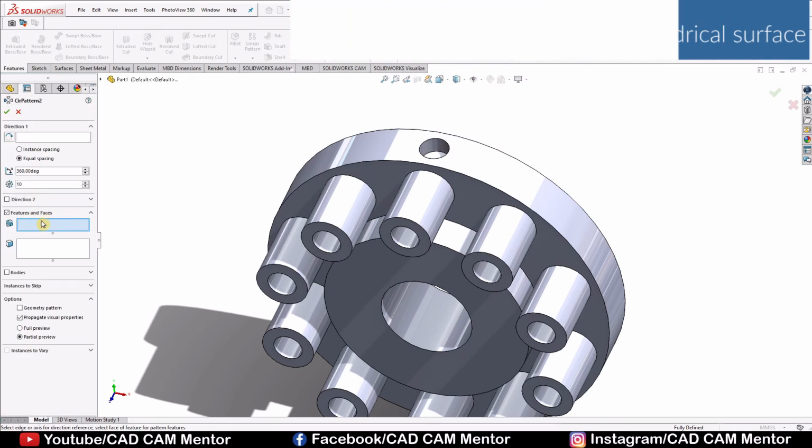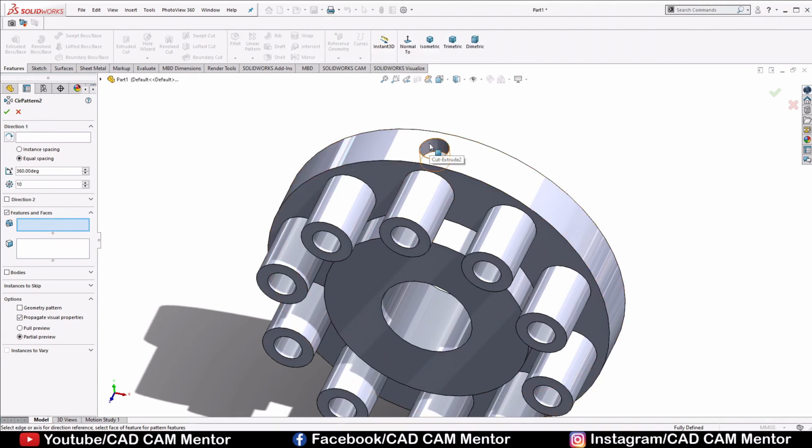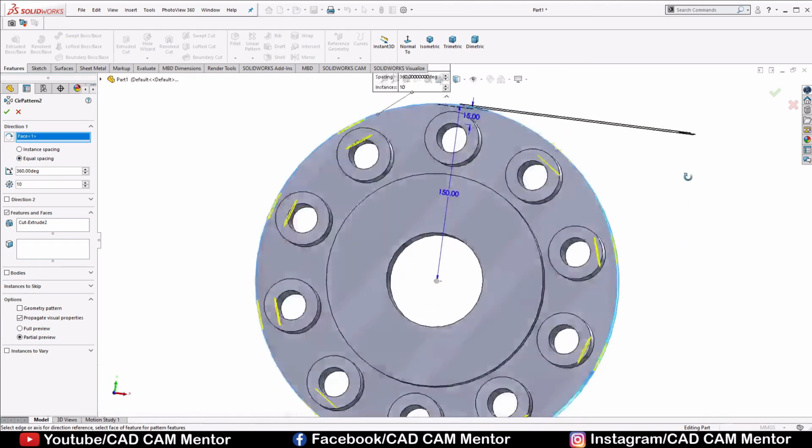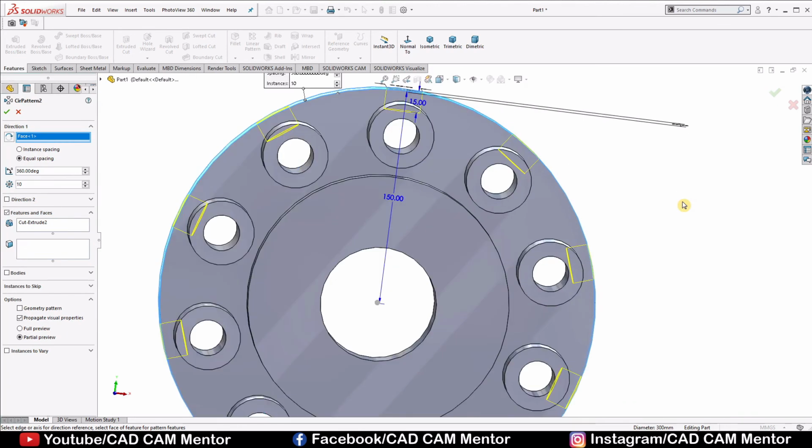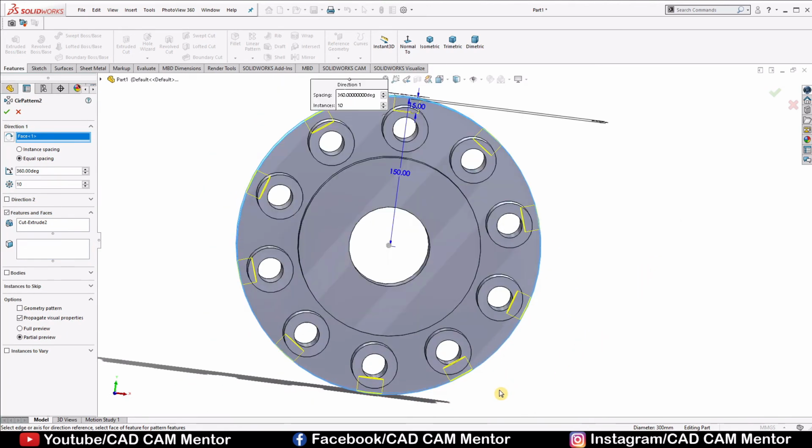Here in the features and faces option, select this circular face. Now select direction 1. Now select this cylindrical surface. You can increase or decrease the instances from here. And click OK.